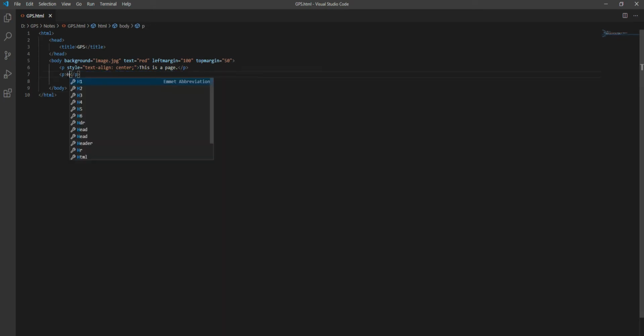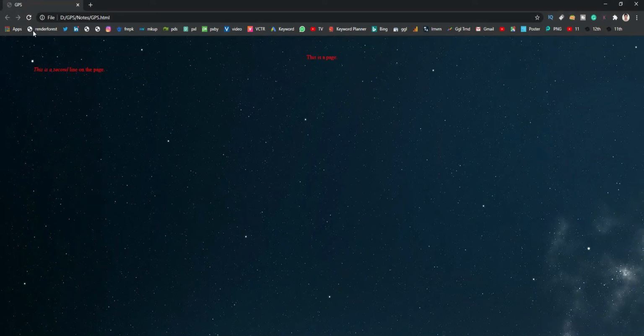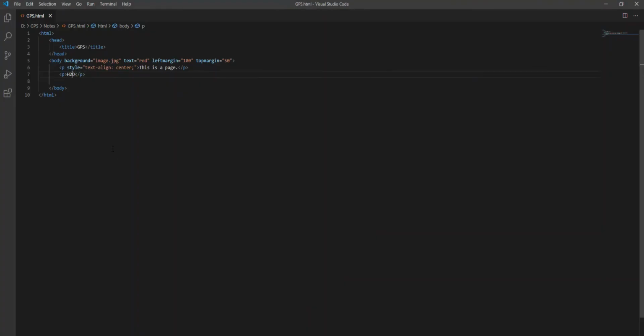Let's suppose H2O. Go back to the page and refresh this page. As you can see, this is H2O, but this is not the format of writing H2O in the science subject. How can we do it? We have to use the superscript and subscript options. We have to use the subscript option here with 2. It will be sub, and we have to write 2 under the subscript tag.